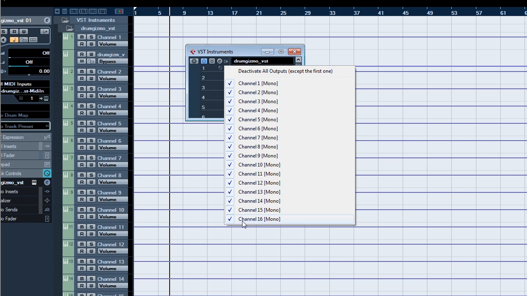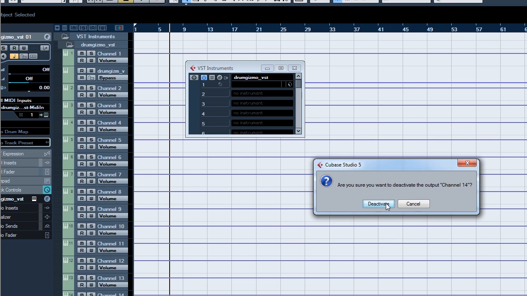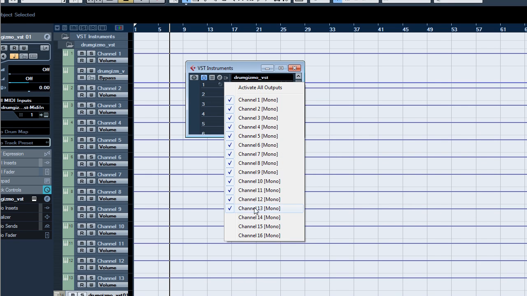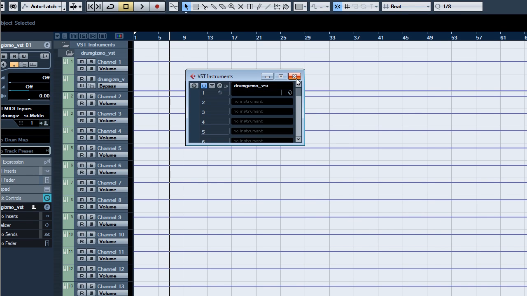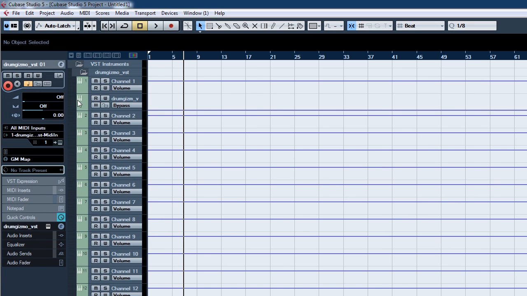It only uses 13 channels, so we're gonna disable the last 3. Okay, and there we go. We now have 13 channels in mono connected. Let's close this. And before we move on, we want to select the GM map, which is a standardized drum map used for MIDI. So we select the GM map,